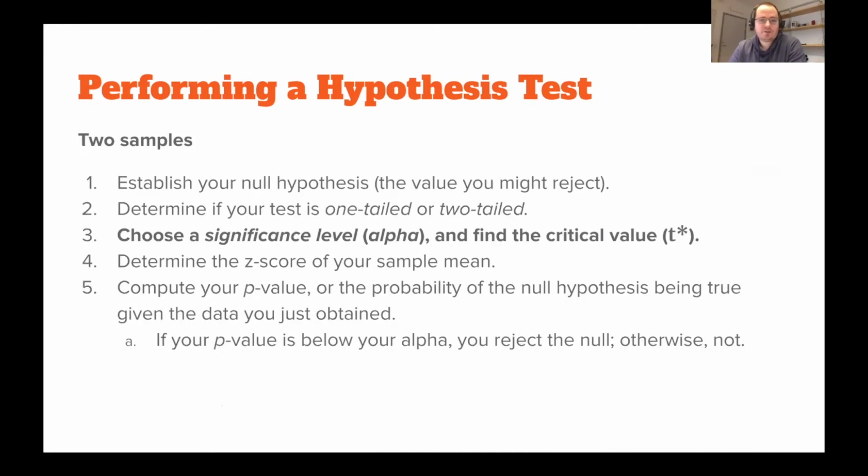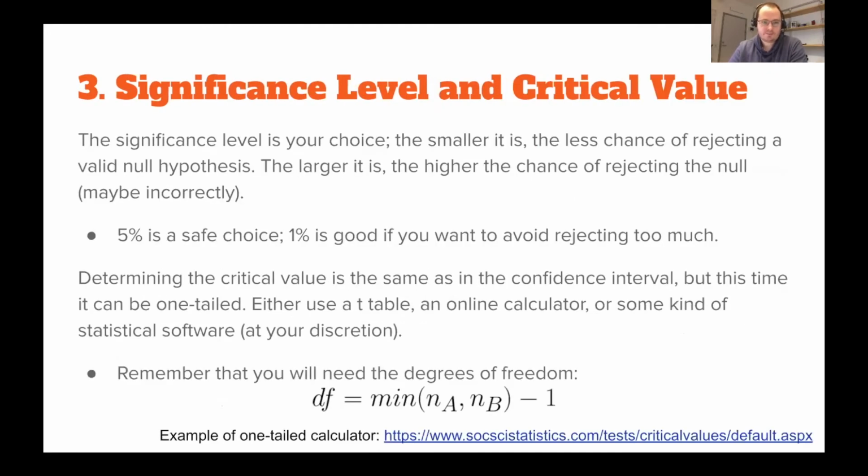Then you choose a significance level and find the critical value, and that's where we're actually going to use that. Now, the significance level is your choice, right? 5%, for example, is a safe choice, a very common choice. 1% is good if you really, really want to avoid rejecting too much of your null hypothesis. So you're going to say, okay, I'm only going to reject it if I'm really, really sure that's not